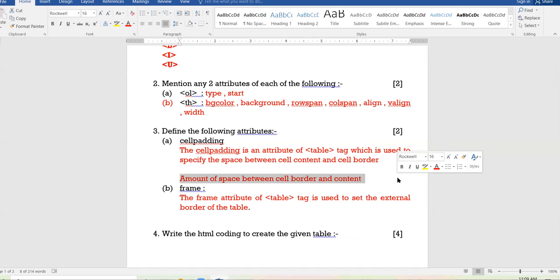I treat it as a half definition. You have to be careful with respect to formation also, right? Write in proper sentence form. The cellpadding is an attribute of table tag that specifies the amount of space between cell border and content of the cell. Don't cut short the definition, okay?